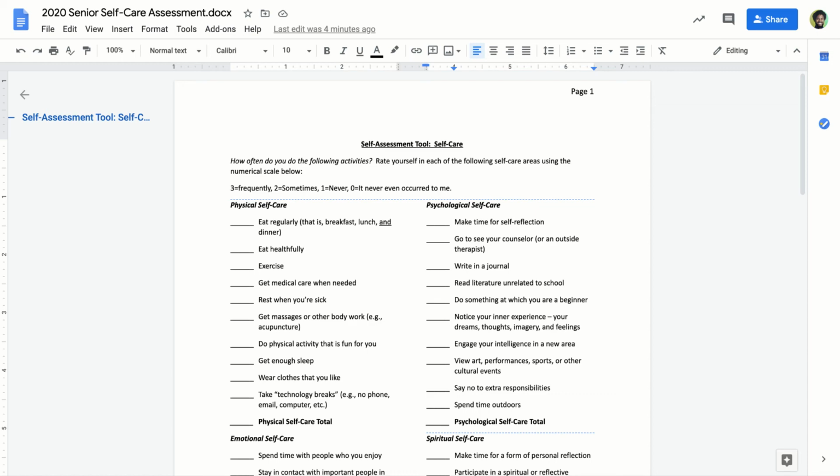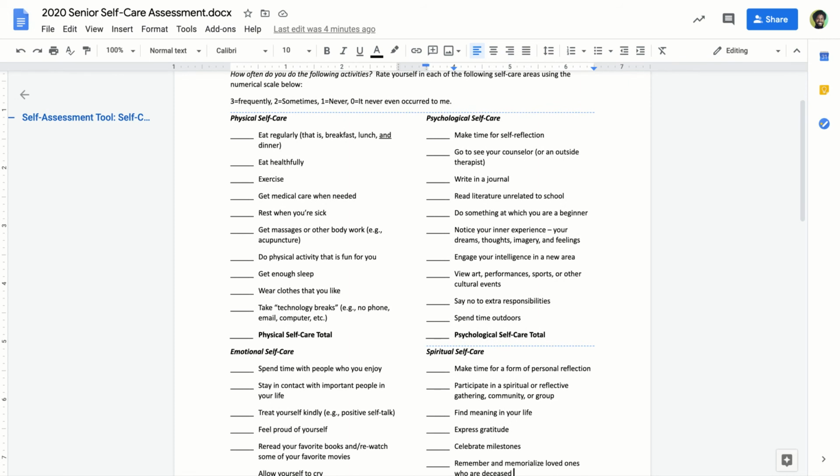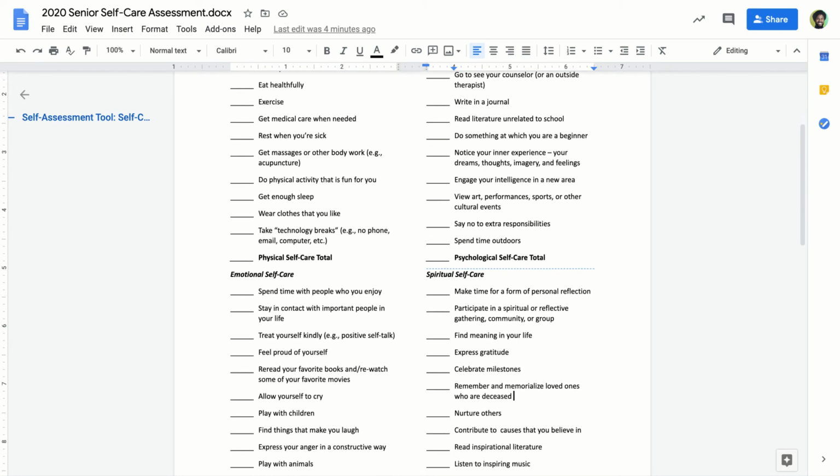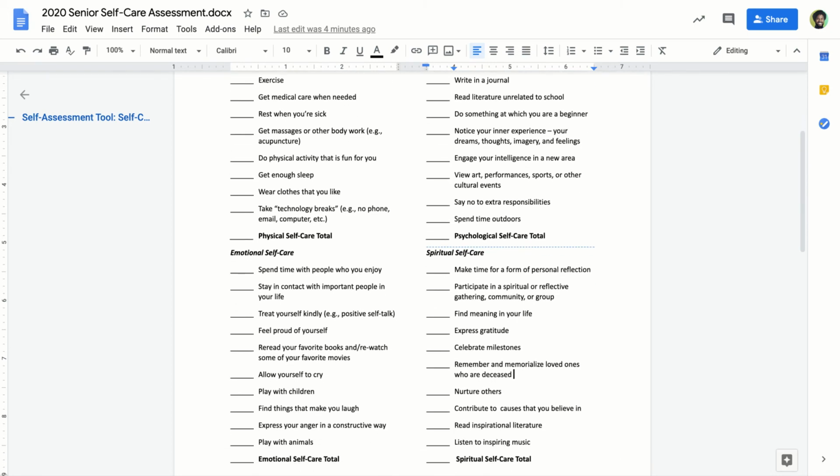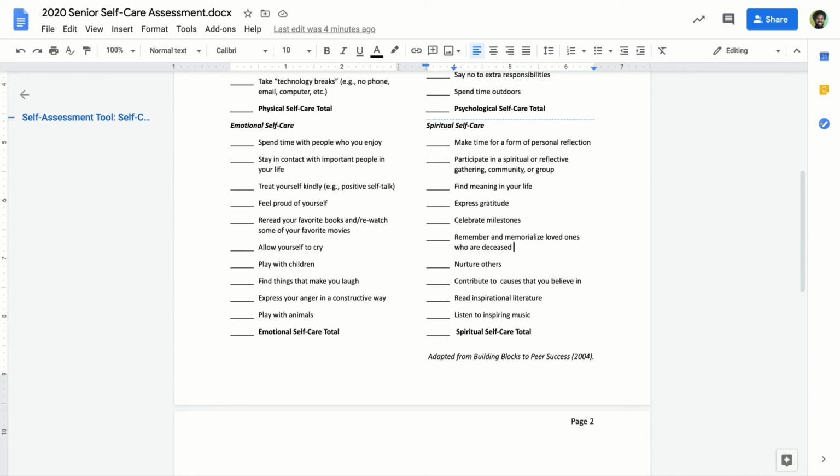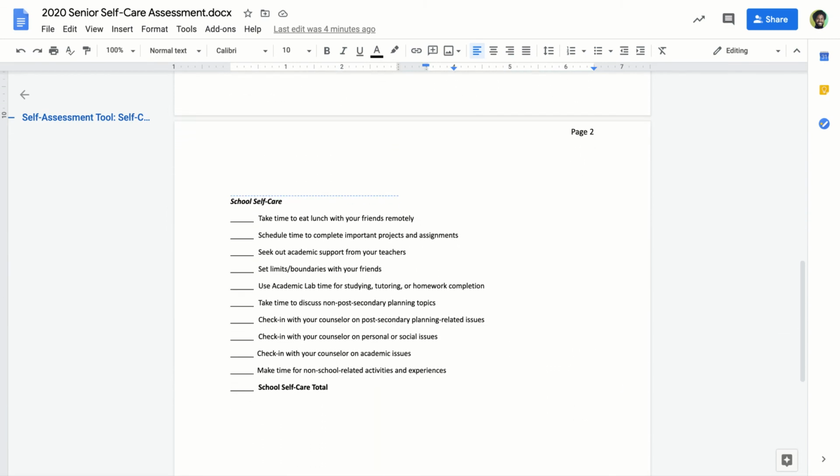Okay? And looking at the different areas, you can total up for yourself. What areas are you particularly high in? Physical self care versus maybe psychological self care or spiritual self care. Okay. Your school life balance self care. Okay. Think about where you have some real strengths, things that you're doing a lot of. But just as importantly, what aren't you doing that you might want to start engaging with?